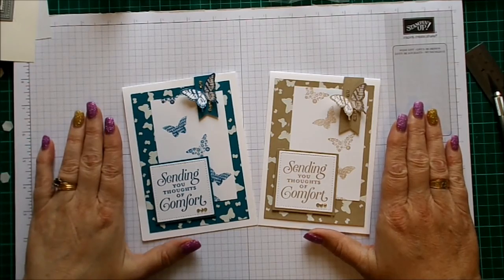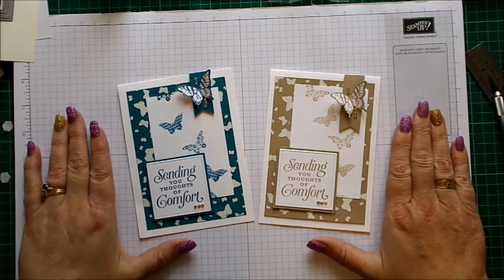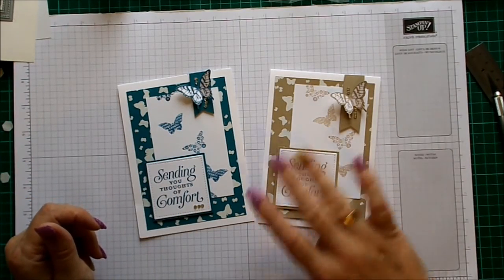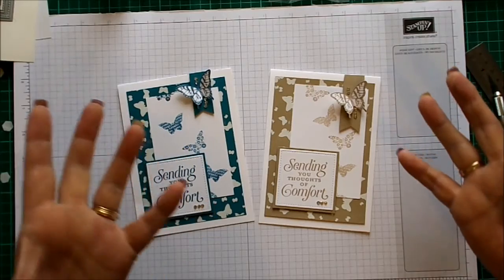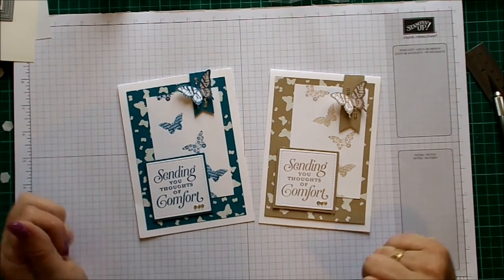Okay, that's the card we started with. This is the card we've ended up with. I hope you like the way it turned out. I actually like the crumb cake look to the card. I think it gives it a softer, gentler look for a sympathy card, but let me know what you think